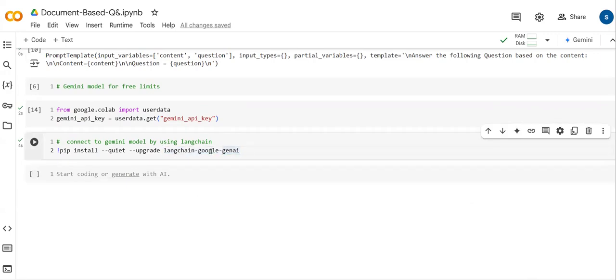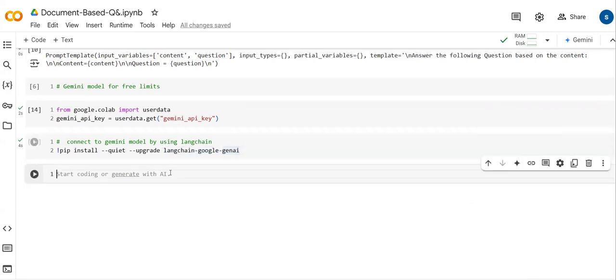LangChain Google Gen AI. By using that LangChain Google Gen AI, you can connect to models, whatever Gemini models we have available. So for those models, we can connect by using LangChain. This LangChain Google Gen AI actually contains some methods. Now we'll write that, from LangChain Google Gen AI,